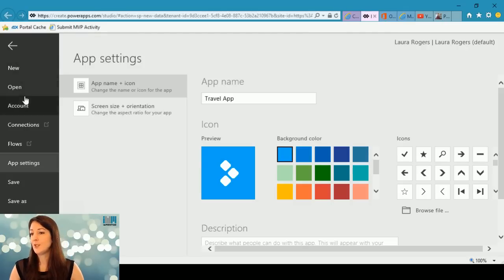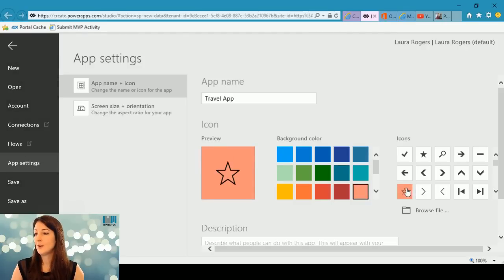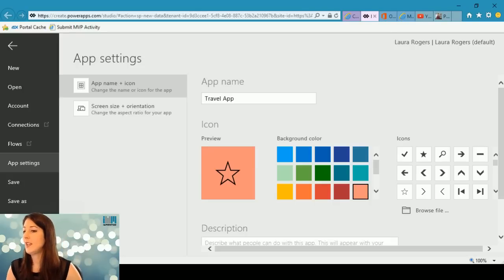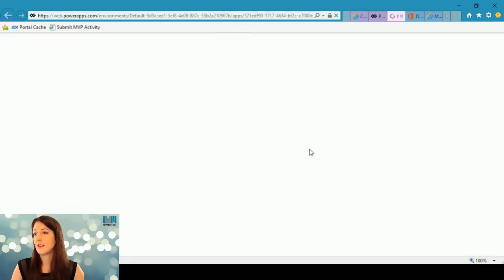So I'll go ahead and make sure and save this. I can give it a cute little icon if I want to, and give it a name, and I can click save. And I'm saving my Power App, so I've got a name for it and all that information. And then I can share it, which takes me to